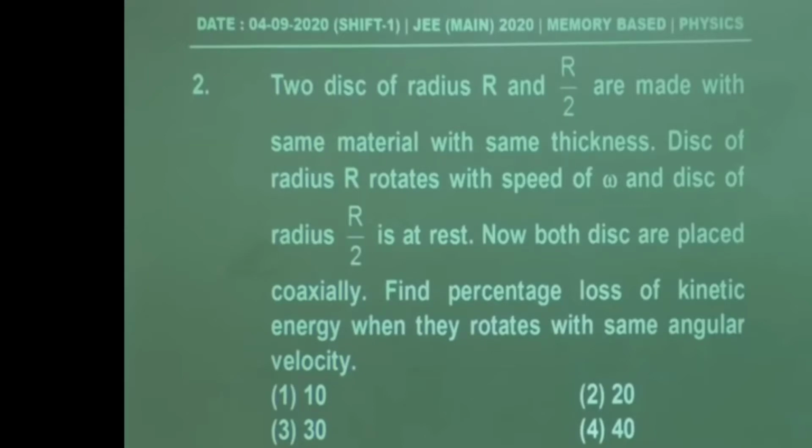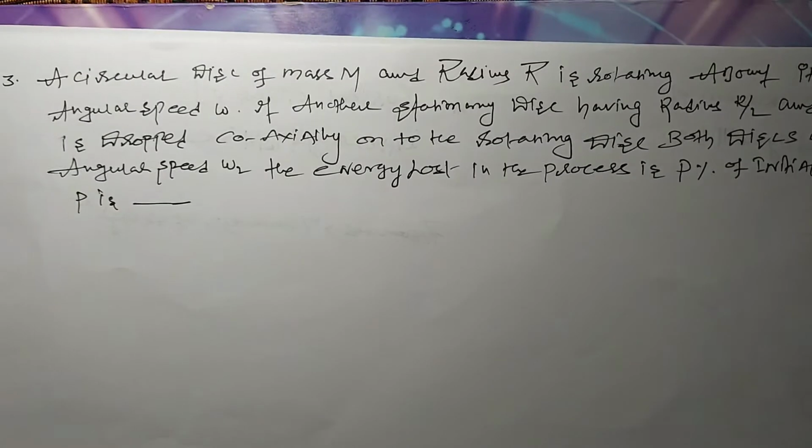If another stationary disc having radius r by 2 and the same mass m is dropped coaxially onto the rotating disc, both discs attain constant angular speed omega 2. The energy lost in this process is P% of initial energy. Value of P is